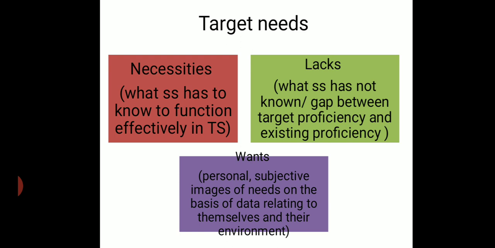So every single student may have different necessities, lacks, and wants, and it is your job, your task, your responsibility to make sure that you can create a good portion to complete all of these target needs. Okay,